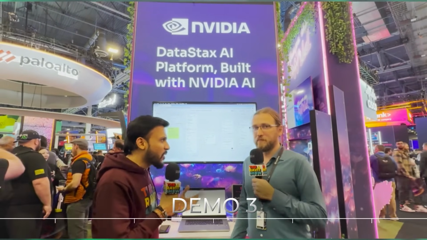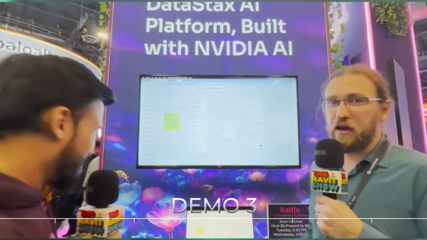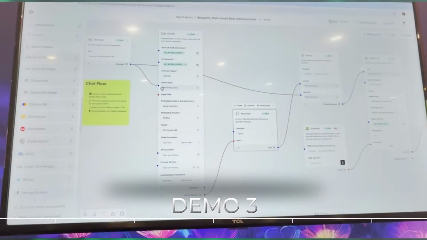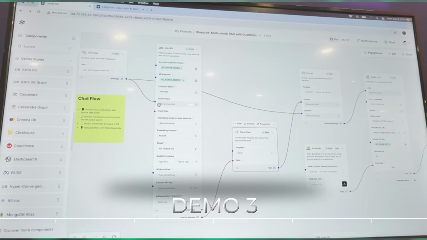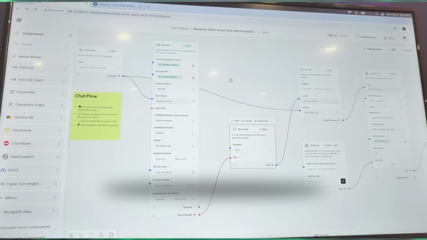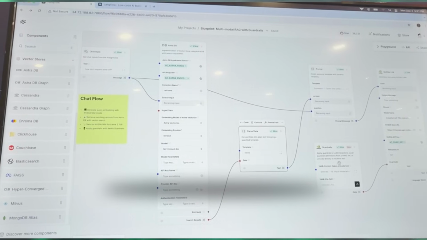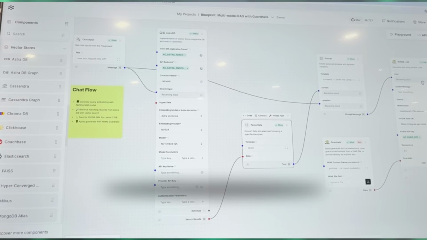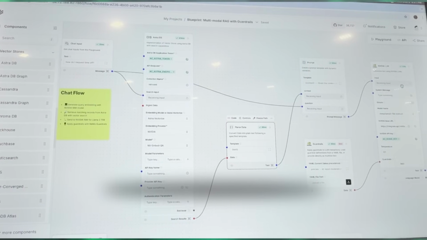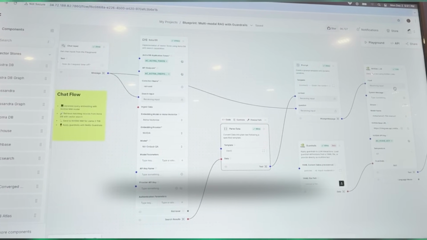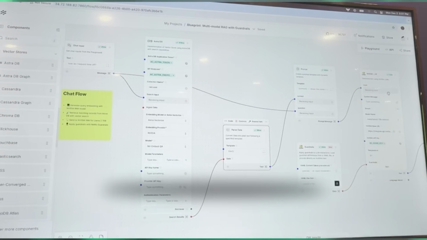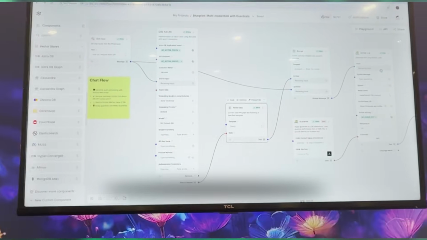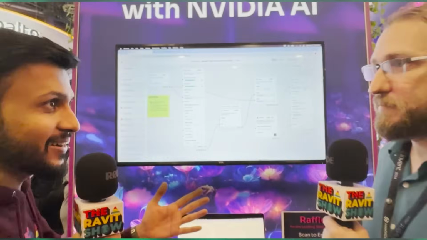Alejandro, I'm wanting to learn a little about the NVIDIA and DataStax partnership. Can you tell us more about what's happening here and give us a little bit of an overview? Yeah, so we're really excited to make NVIDIA software really easy to use inside of Langflow. What you see on the screen is a simple chatbot, and in the chatbot you see some components coming from NVIDIA. We've added NVIDIA guardrails, which protects the output that comes out, and an LLM coming from NVIDIA. This makes it really easy to put NVIDIA components and integrate them really quickly into your chatbots. Okay, this is pretty interesting, and people can reach out to you here at re:Invent and learn more about it, right? Absolutely.